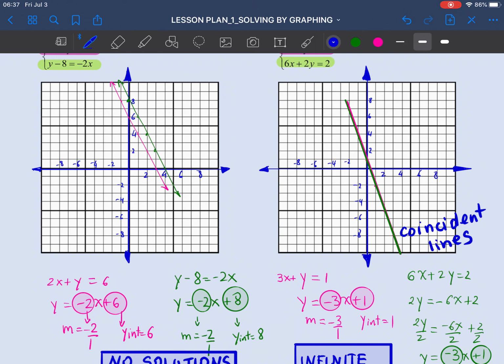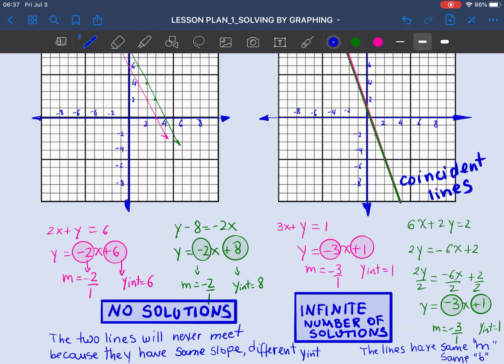When this happens, we're going to say that the two lines will have an infinite number of points in common, and therefore we'll say that the system of two linear equations will have an infinite number of solutions. Hope all this made sense, and I hope that you enjoyed learning about how to solve a system of equations by using the graphing method. Once you understand the graphing method, the other two methods will